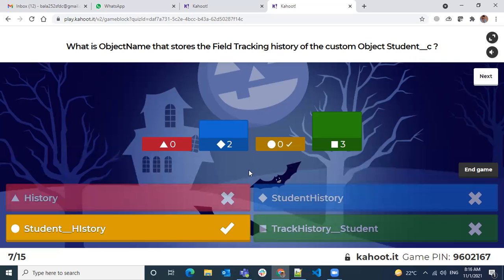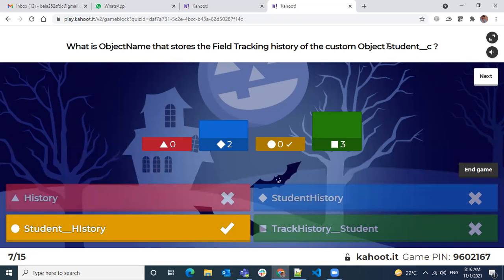Okay, history means it takes it as tracking history. Got it. Even though the functionality is called field tracking history, how Salesforce saves it or creates the object is student underscore history, which is the standard, or rather the automated object that is created by Salesforce to track the field tracking history. Even though there are sharing rules and so many things, they still just create a student underscore share to save the sharing of the object.